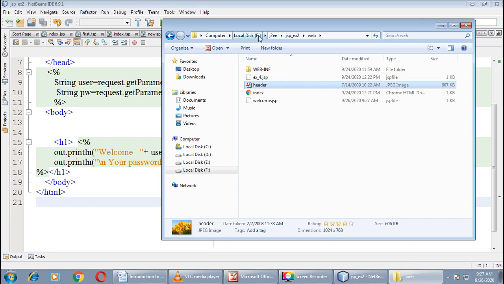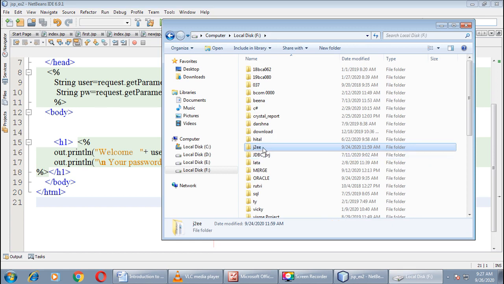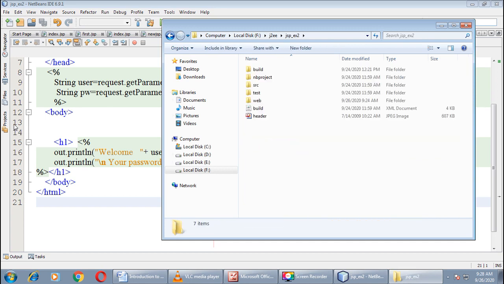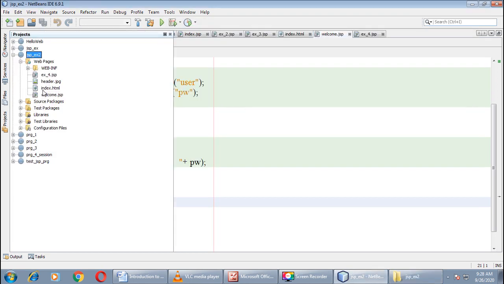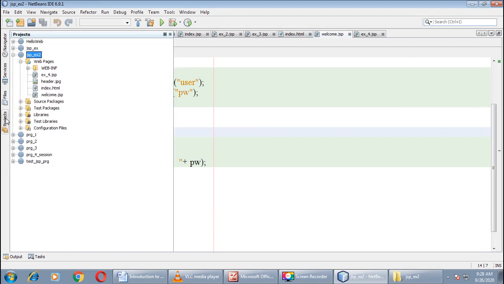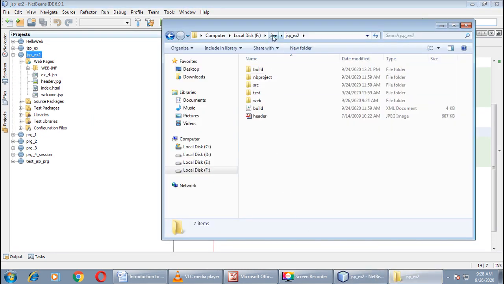Okay, go to F drive. Then I have created my project in the J2EE folder. Here you can see JSP_exp. This is the name of our example, JSP_exp, right? So I created this folder inside the J2EE folder with the name JSP_ext_ex2. When you create your project, this will automatically create some subfolders, okay, with names build, NB project, source, test,